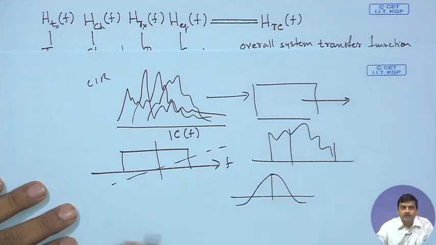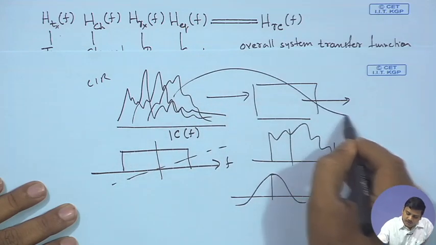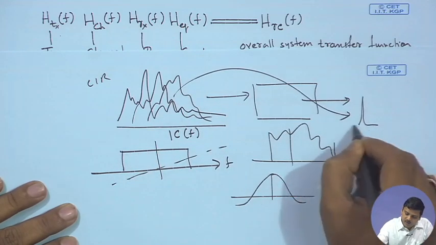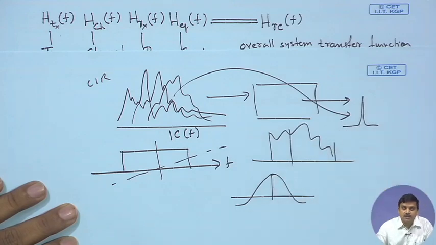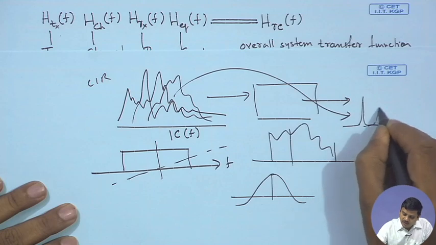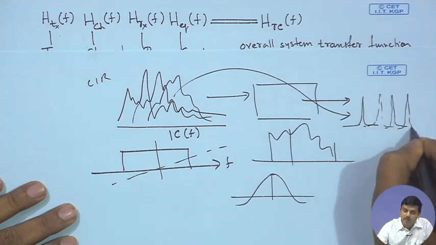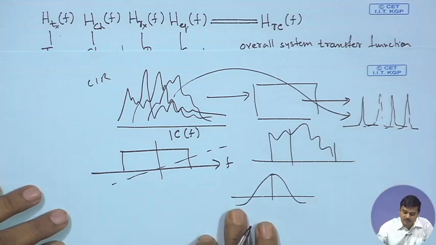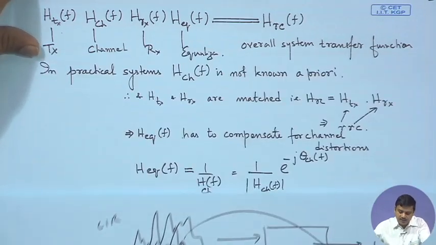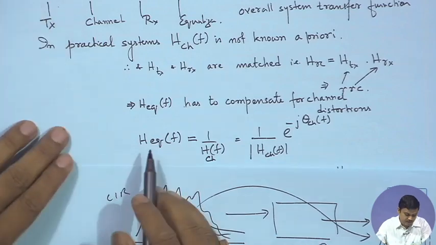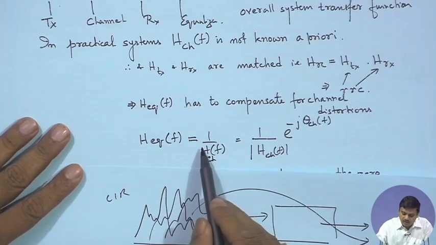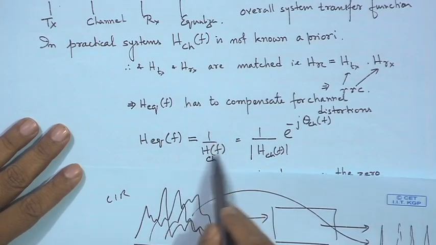If we think of an infinite bandwidth situation, in that case this should be converted back to an impulse. If the response is converted back to an impulse, we will get consecutive trains of impulses and there would be no intersymbol interference. So, this leads us to having the equalizing filter equal to 1 upon the channel